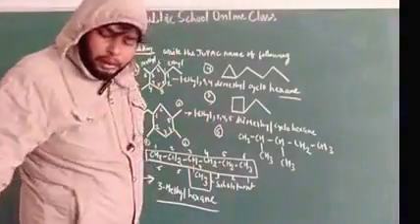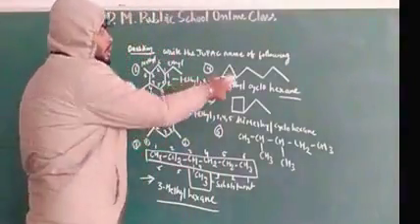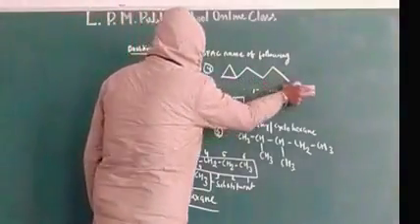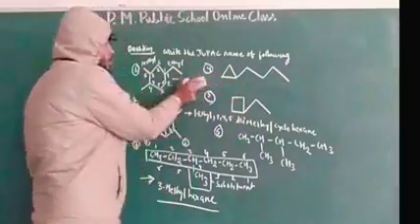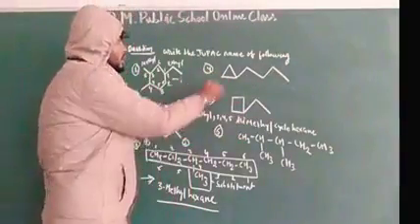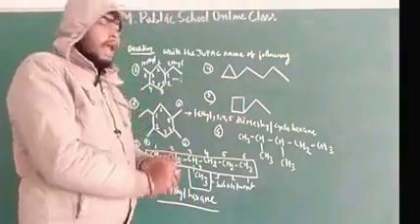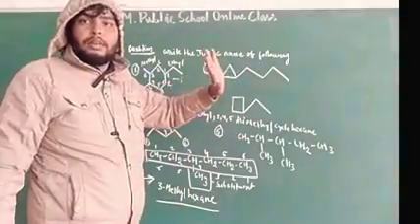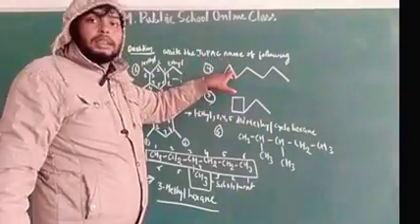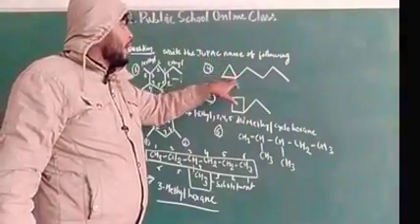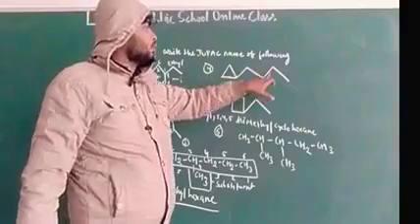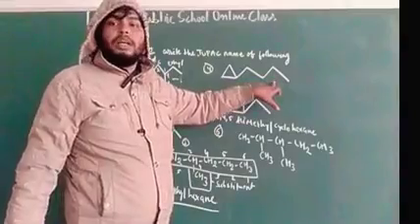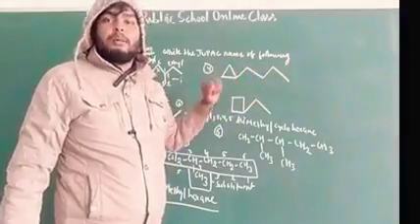Okay, I will erase the second one, because there is no space for this. In terms of the naming of the third compound, you have to see that this cyclic structure contains only 3 carbons, 1, 2 and 3, and this aliphatic chain contains 1, 2, 3, 4 carbons. That means your aliphatic chain contains more carbon than your cyclic structure.